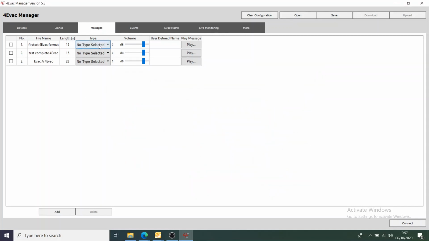Right, so you'll see there's no type selected. If we look at the fire test, that's just a general message. So we're going to give that general 1. You can set the dB levels. -9 is always a good place to start. Well, if you can get there. And we'll give it a user-defined name. So this is fire test. Again, general 2, this is same message, this is for the end of it all. Test complete. The user-defined name is the one that will